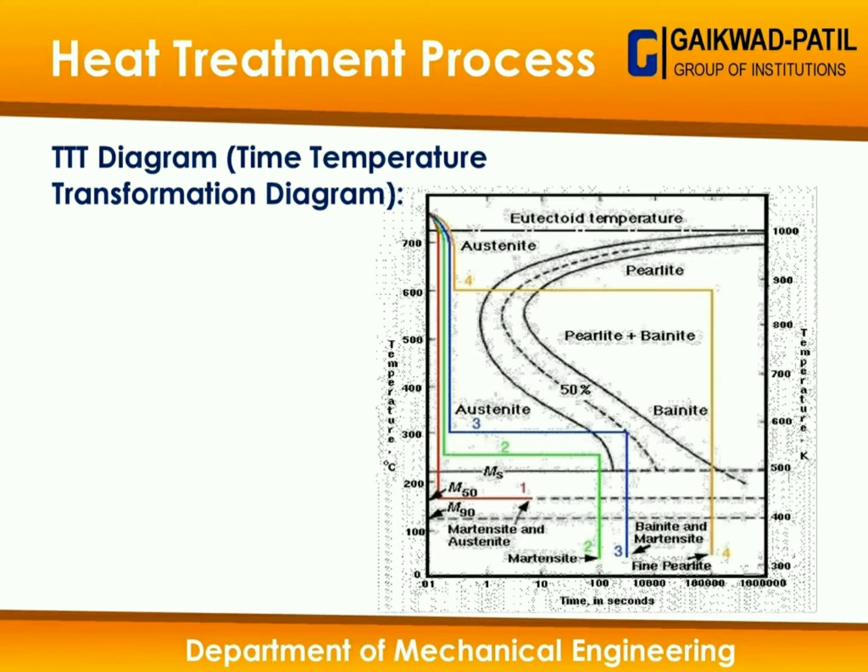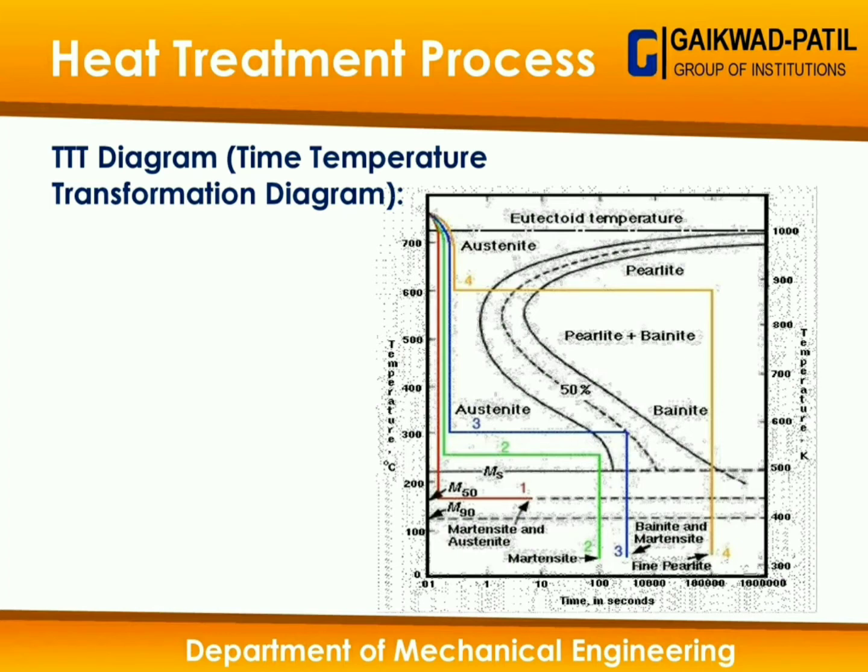The transformation phase is not explained properly over there, and the solidification of metal is not complete at the conclusion part of the iron carbon diagram. So all three limitations of the iron carbon diagram are overcome by the TTT diagram. The TTT diagram is also called the time temperature transformation diagram, which consists of the time constants. And here we are going to understand how the transformation takes place.